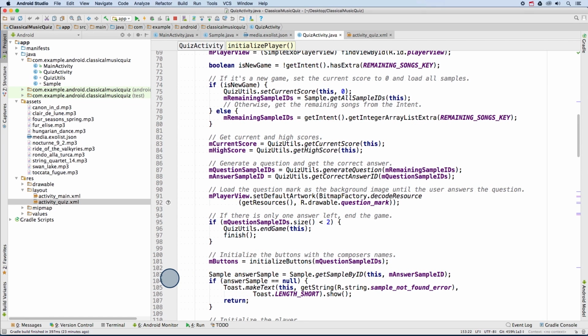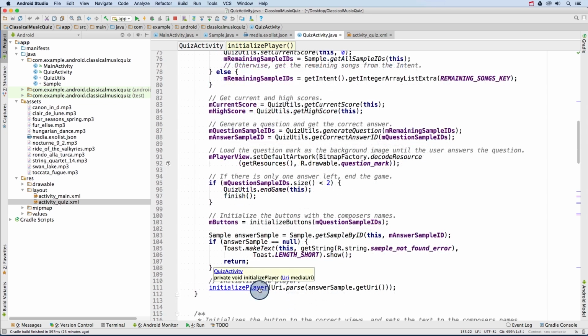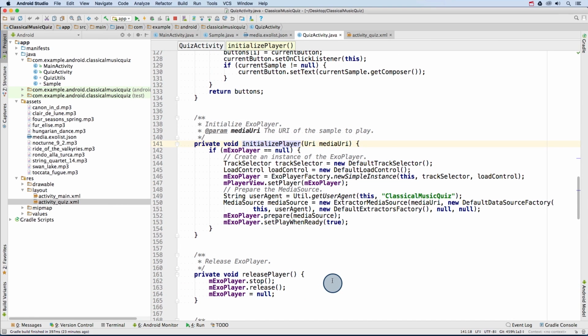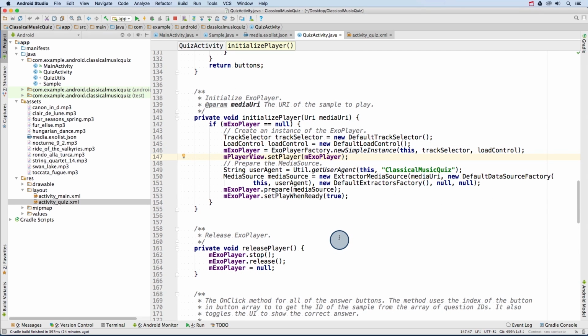Next, get a sample object that represents the correct answer by calling sample.getSampleById and pass in the answer sample ID. Next, we'll use this initializePlayer method to create a simple ExoPlayer instance, which is basically a standard simplified ExoPlayer. To create a simple ExoPlayer, call ExoPlayer.newSimpleInstance, passing in the activity context, a default track selector, and load control. You can then connect the simple ExoPlayer view to the player by calling mPlayerView.setPlayer and pass in your simple ExoPlayer